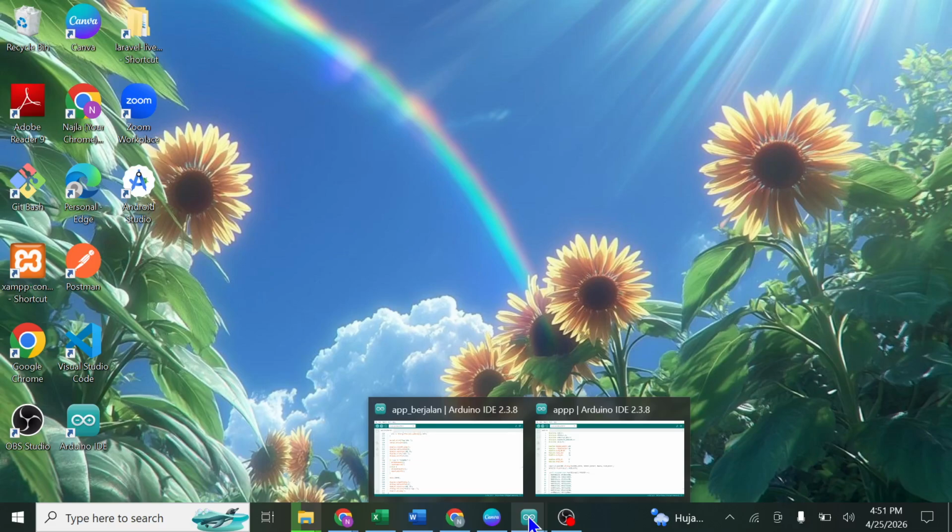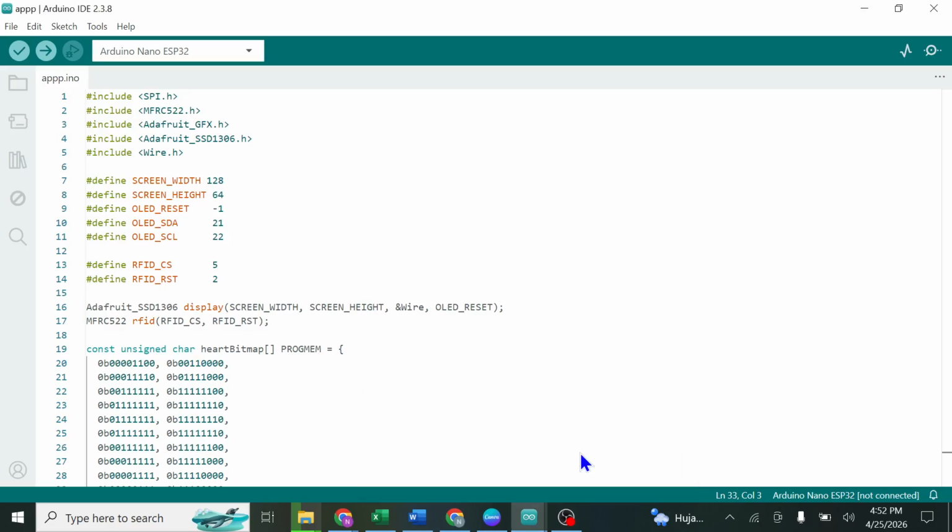This is the Arduino application project using ESP32.